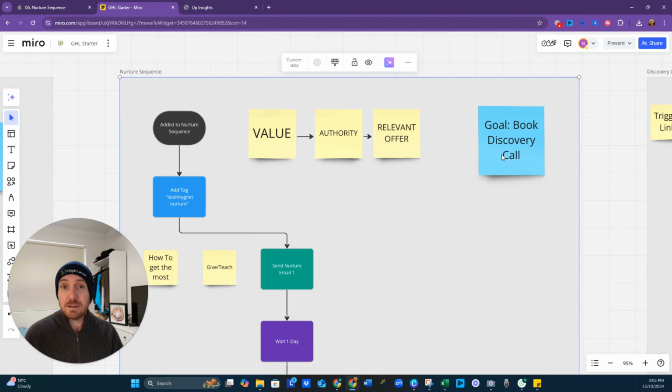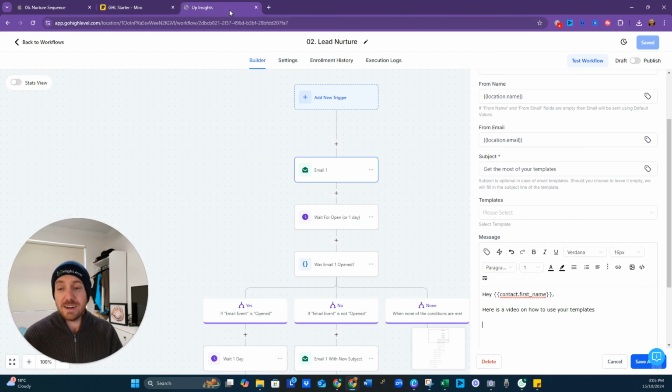We'll be pitching that discovery call in the 5th email, but we can in the 2nd email as well. As I said, not everybody wants to wait. I've heard a lot of feedback from people saying, just tell me what it is. I want to do it now. I don't want to wait 5 days. So we get there at the start as well. So if you're interested,